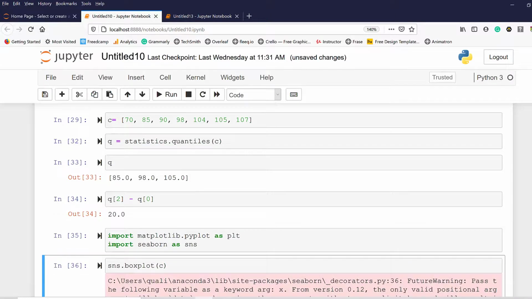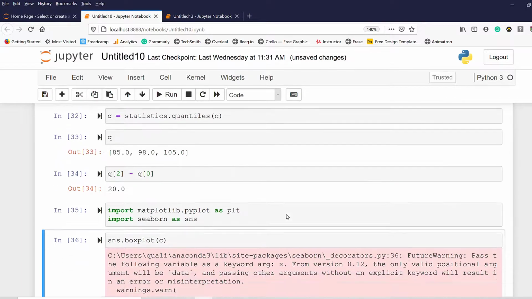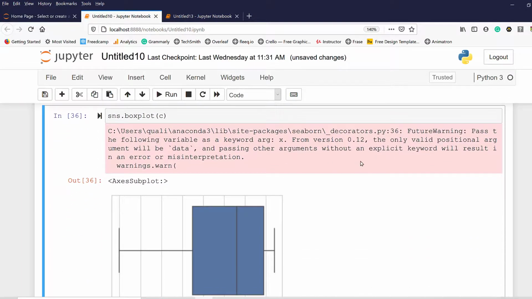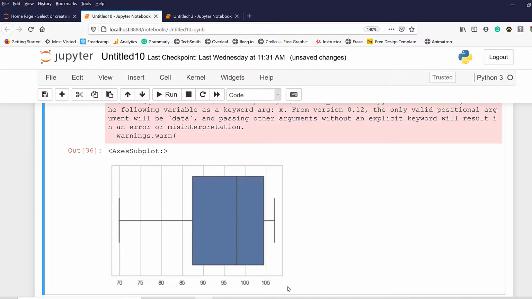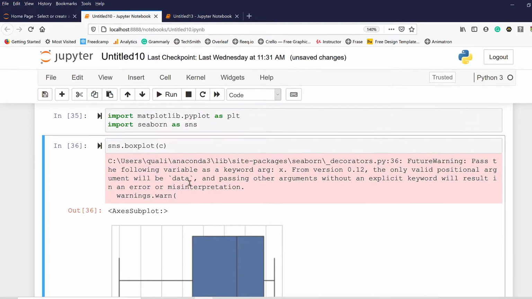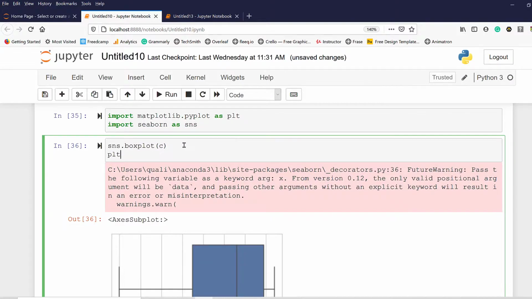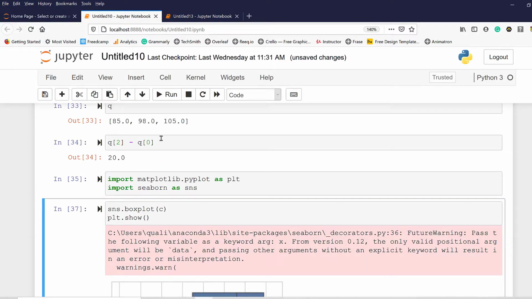So if I say that, I get something here and there is a warning. So I will talk about that warning, but I get a box and whisker plot here. In this, I would prefer to put plt.show and the bracket close, because in the older version of Jupyter Notebook, you need to provide this command to show the plot. But in the newer version, without this command also, you can see the plot. But let's put that. And I press Control Enter and I still see this warning.